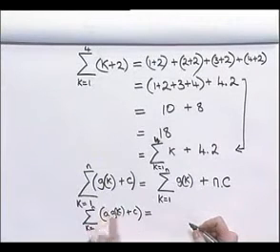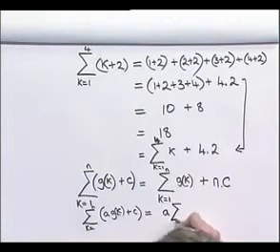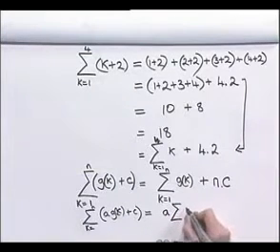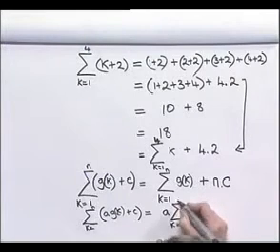Now this term is a multiple, a constant A times your g of k. So we can bring that outside the sigma notation and say it's A times sigma g of k from k equals 1 to n